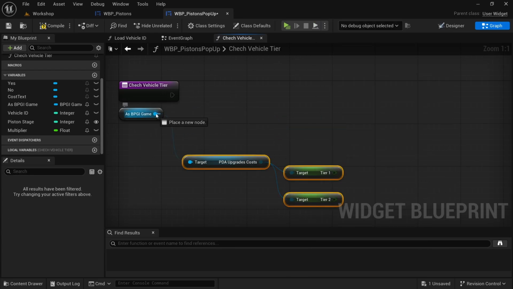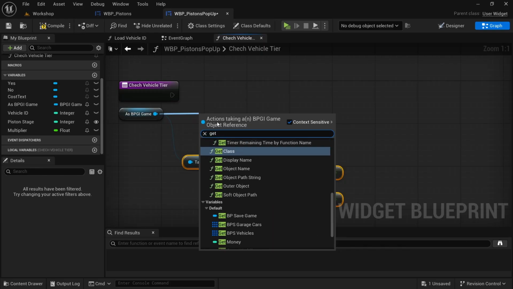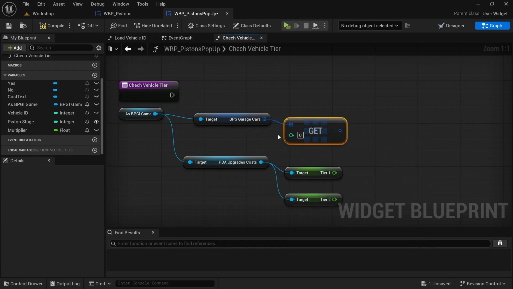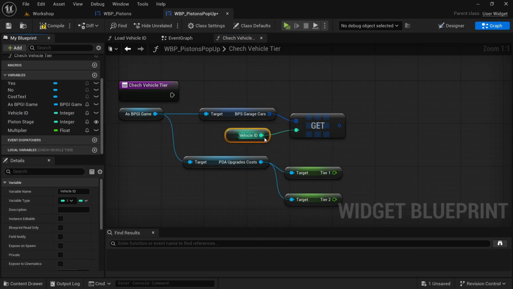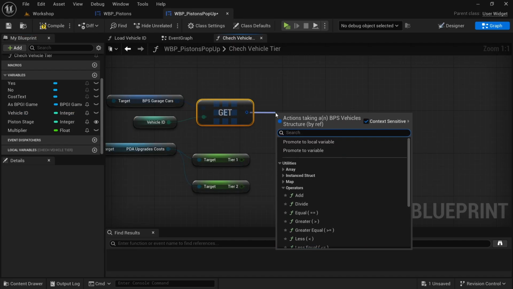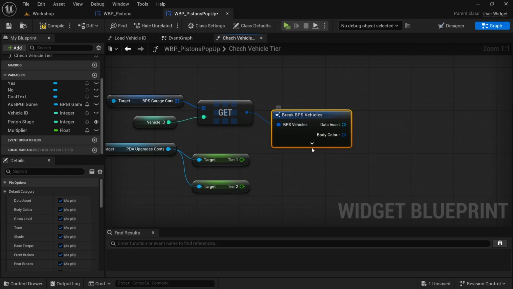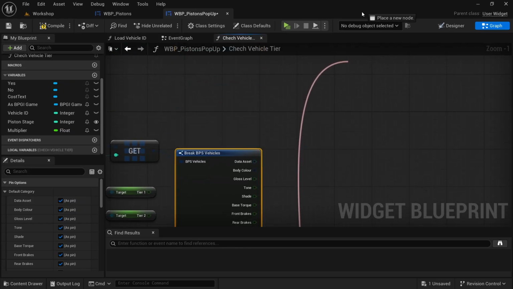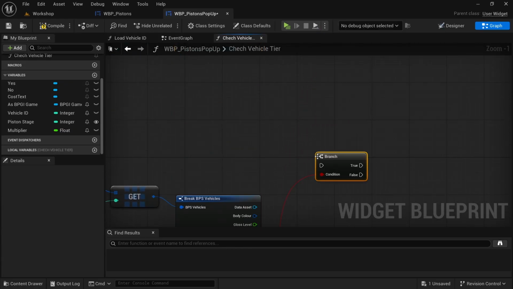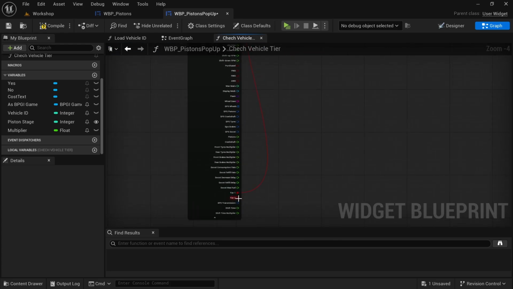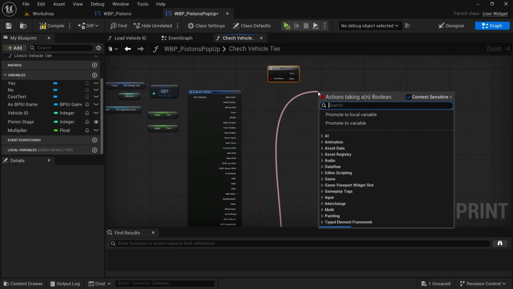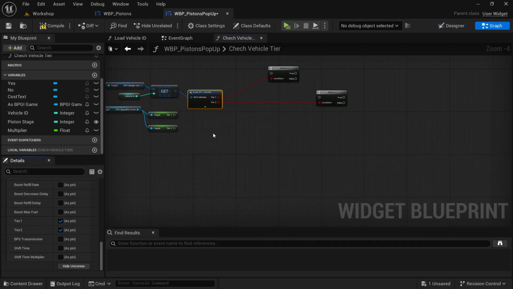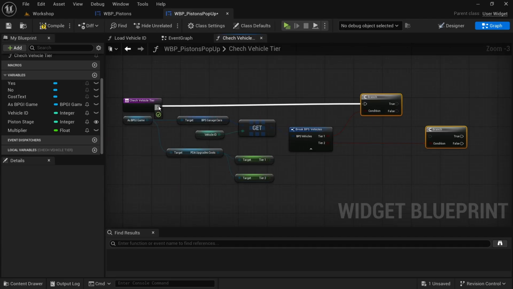And then we're going to, from the SBPGI game, drag off and then get BPS garage cars, drag off and then get a reference. And then we're going to get the vehicle ID from the get, drag off and then break, and then expand that. And then we are going to go for the tier. So we're going to drag off from tier 1, add a branch. And then we're also going to drag off from tier 2, and then add a branch. Select the break, hide unconnected, and then connect the execution pins,